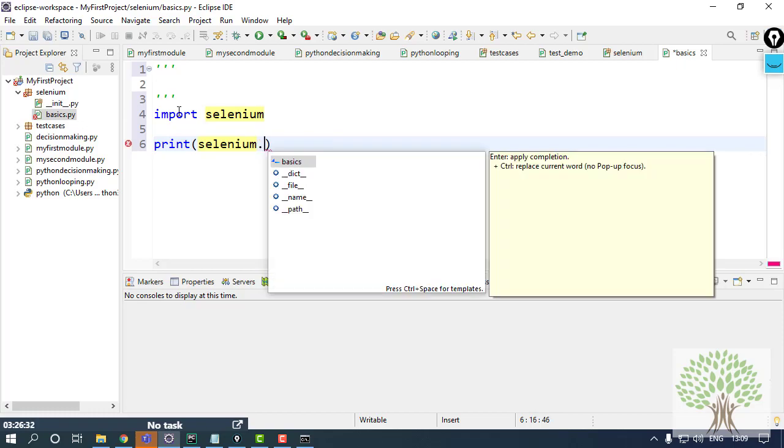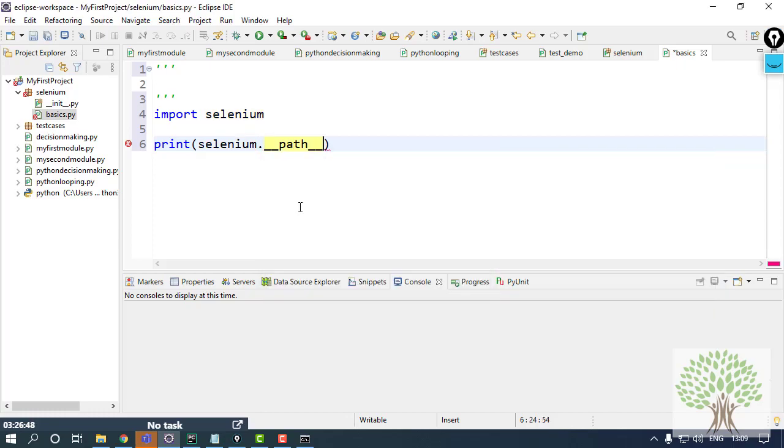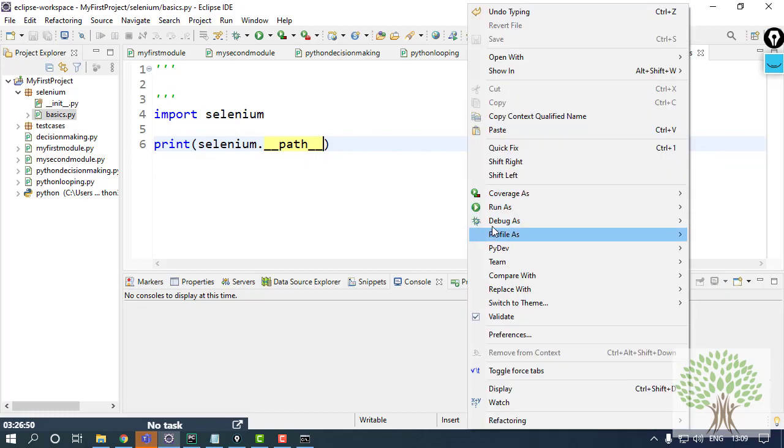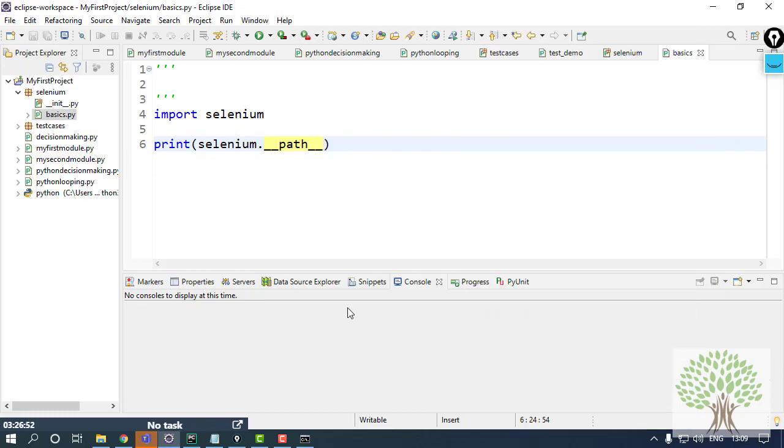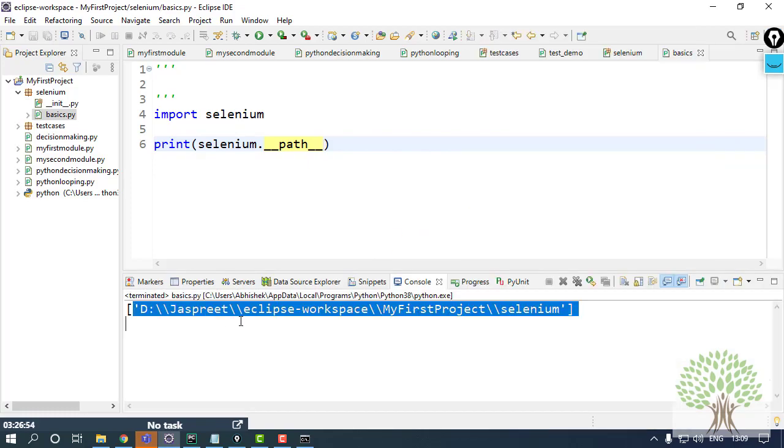Now all these options come up in front of me so that I can check the details of this package, like the file, the name, and the path where it has been installed. If I go for this, save it and run it as Python run, this is the path where my Selenium is lying.